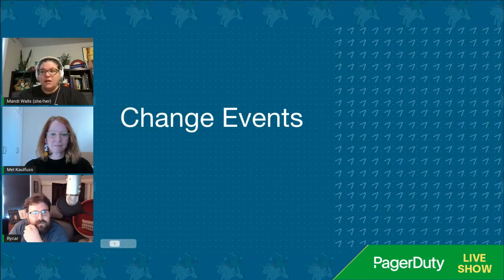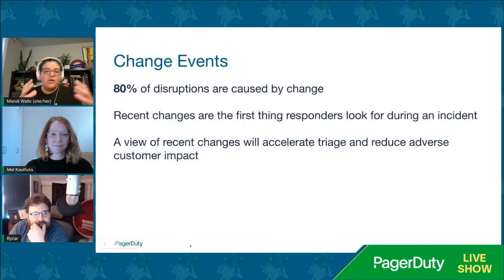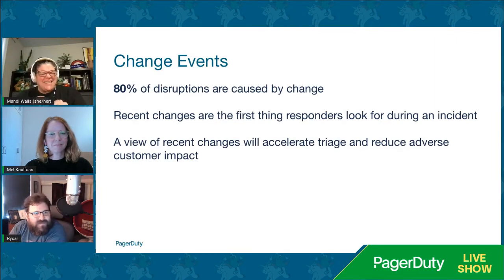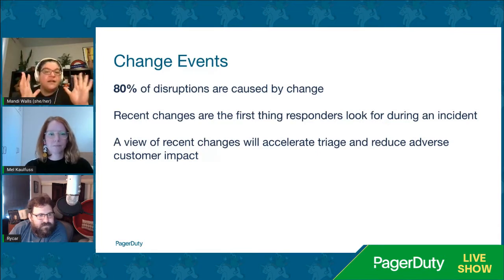So for our change events, we know that a lot of disruption is caused by change. Now, I will confess that this number here, 80%, I think comes from the Visible Ops Guide, shout out to Gene Kim and those guys, but it was published in 2006. So it's a number that's been around a while. Whether we've got a lot more changes and the tooling is better, maybe we've still balanced out to about 80%, but a lot of unplanned incidents definitely are caused by change.